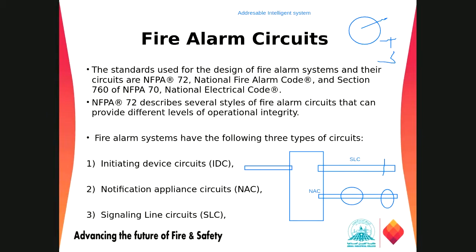the conventional one, the old style, the addressable system, and the addressable intelligence system. The last one is clearer than the addressable one, and the conventional one is the cheapest, which might not be approved for most occupancies these days. No one is going to accept the conventional one, which is very old and not accurate. So it is better to go with the addressable or addressable intelligence system. These are just the basic differences between those three kinds of fire alarm control units.